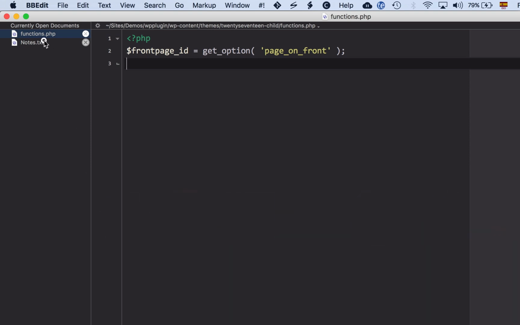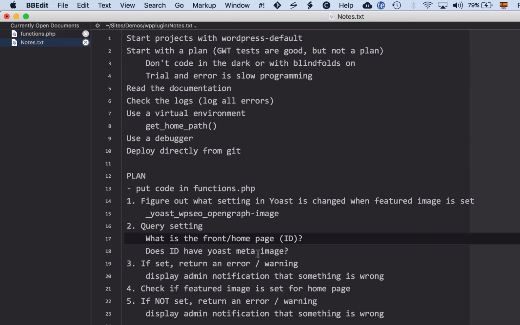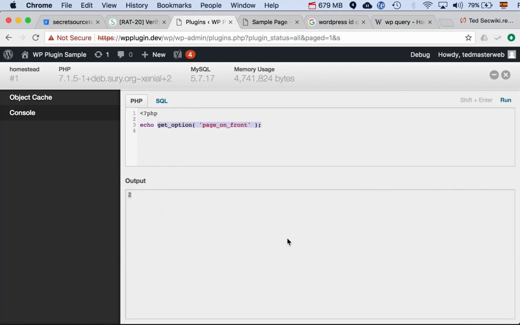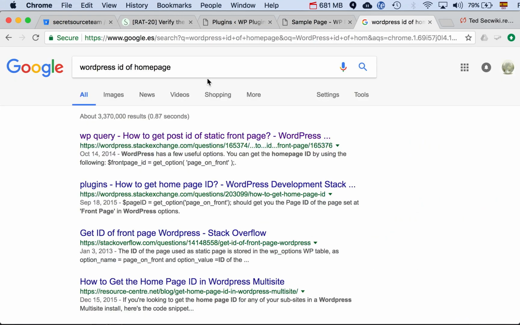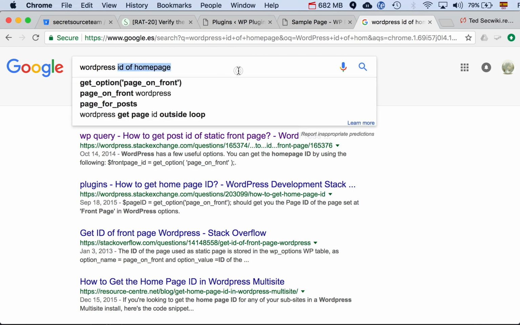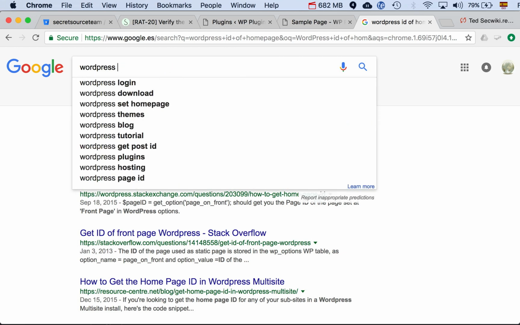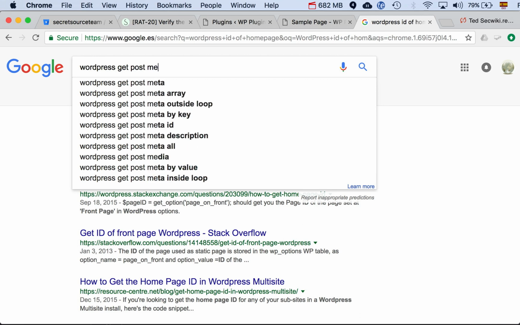Where's my plan? What's my next step? Does the ID have a Yoast meta image? Okay, well that's cool. Let's do that in here too, actually. fpid equals. All right, and then we're going to do another search. We're going to say get page in post meta. The reason I'm saying post meta